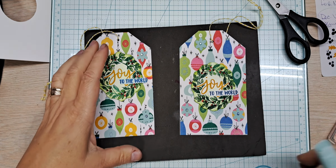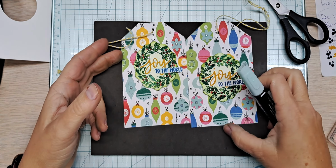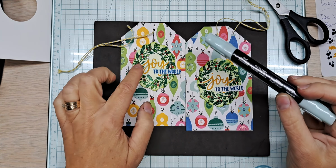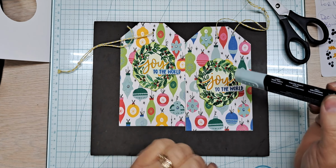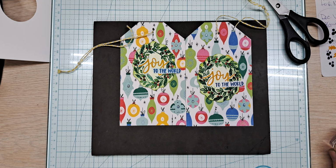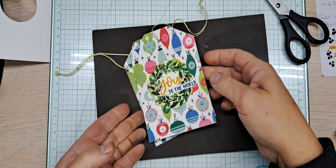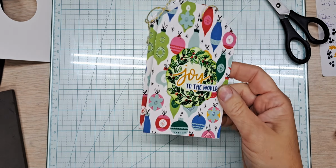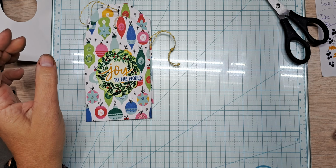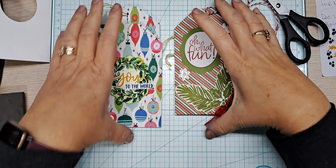Now you will see there is a difference in the joys. I like to outline things that I fussy cut, and I took the light Pool Party and I just went around all the words on that one. This one I chose not to, just to see what it looks like, and they both look awesome. So let me get the other 2 gift tags down for you. So there's one, and there is 2